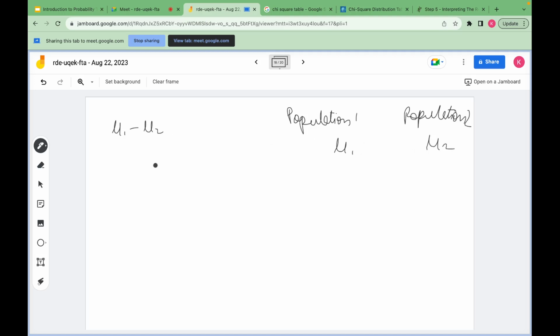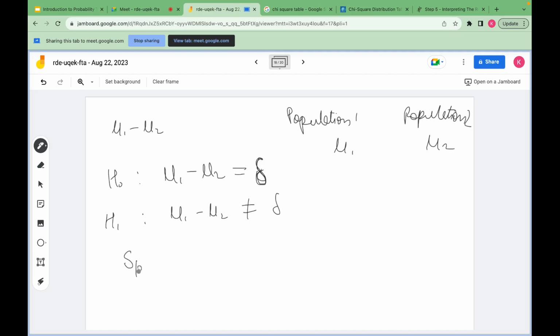So if we want to find this, we are saying in the null hypothesis that mu1 minus mu2 is equal to some delta value, or it can be 0. This delta can be some value, and H1 will show that this is not equal to this delta value. So then this test statistic will be,